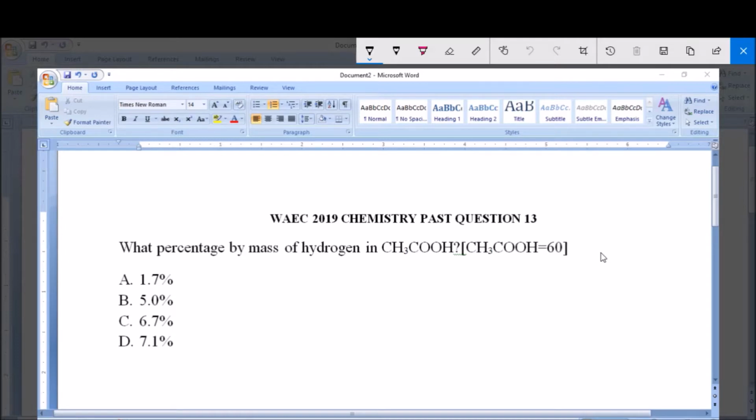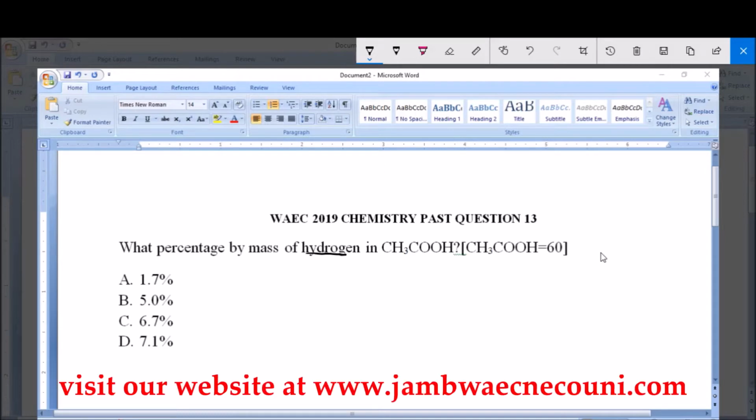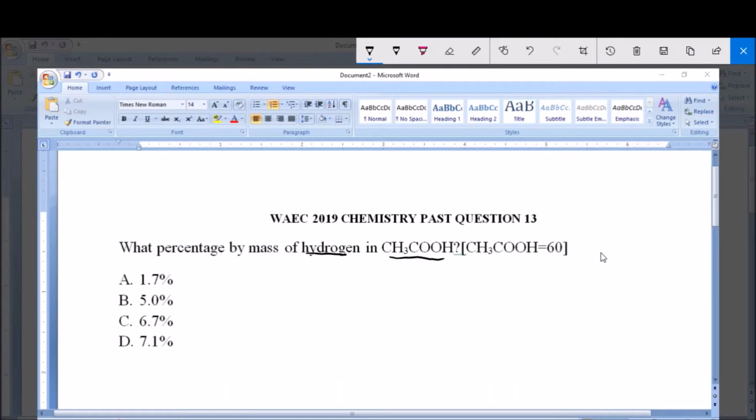7.1%. Now, in order to solve this question, you need to first find the total mass of the element you are looking for. You have to first of all find the total mass of hydrogen and divide it by the molar mass of this compound. So you find the total mass of hydrogen in this compound and then divide it by the molar mass of this compound. So in this compound you have 3 atoms of hydrogen plus 1, that is 4 atoms of